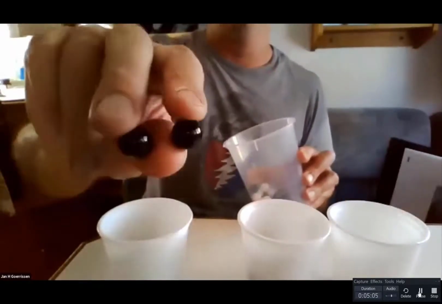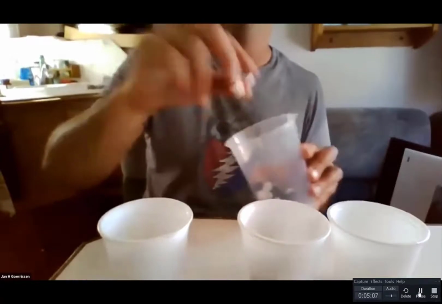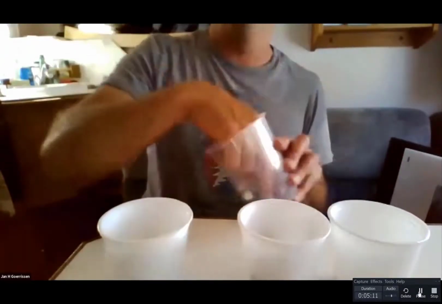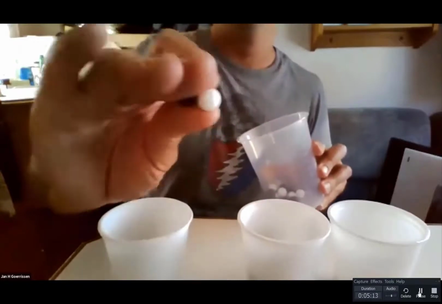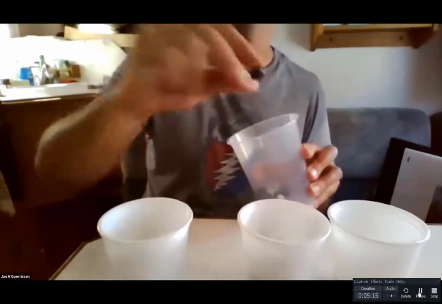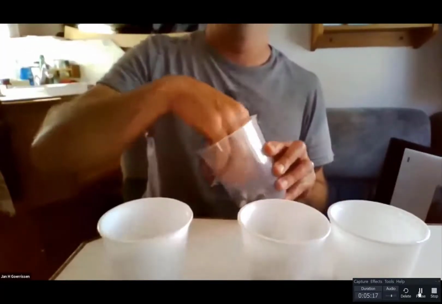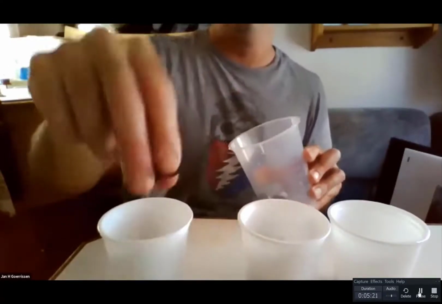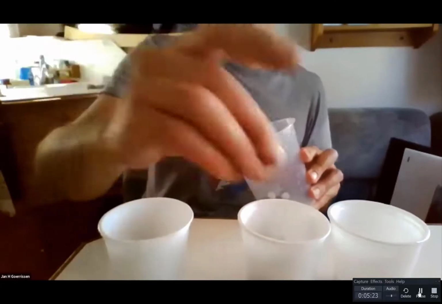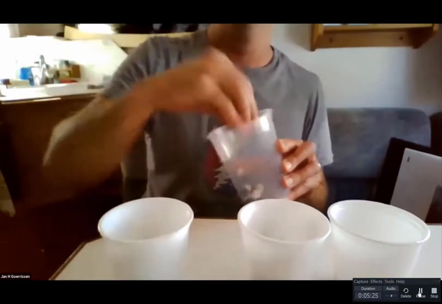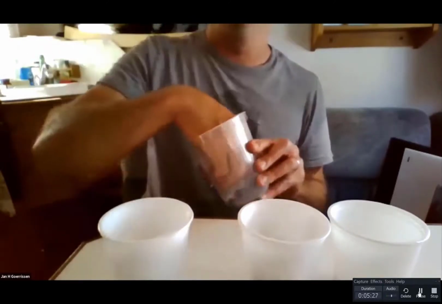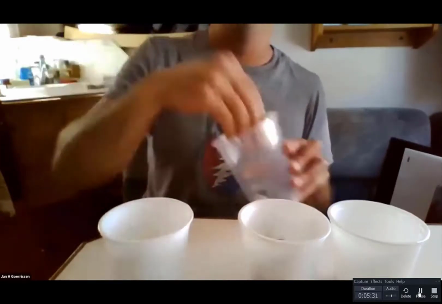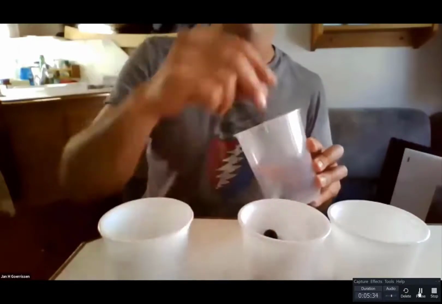homozygous recessive, homozygous dominant, homozygous recessive, homozygous recessive, heterozygous, heterozygous, homozygous dominant, homozygous dominant, heterozygous, heterozygous, heterozygous, heterozygous, heterozygous,